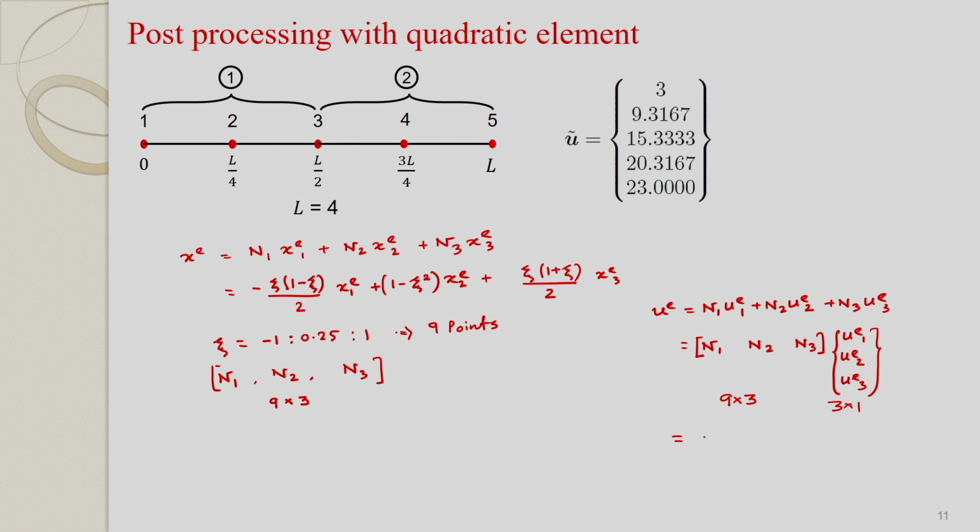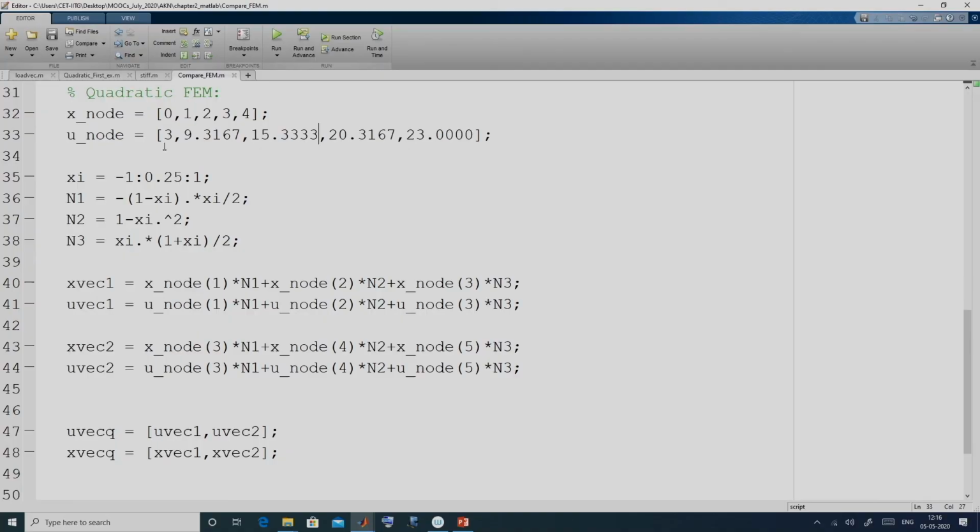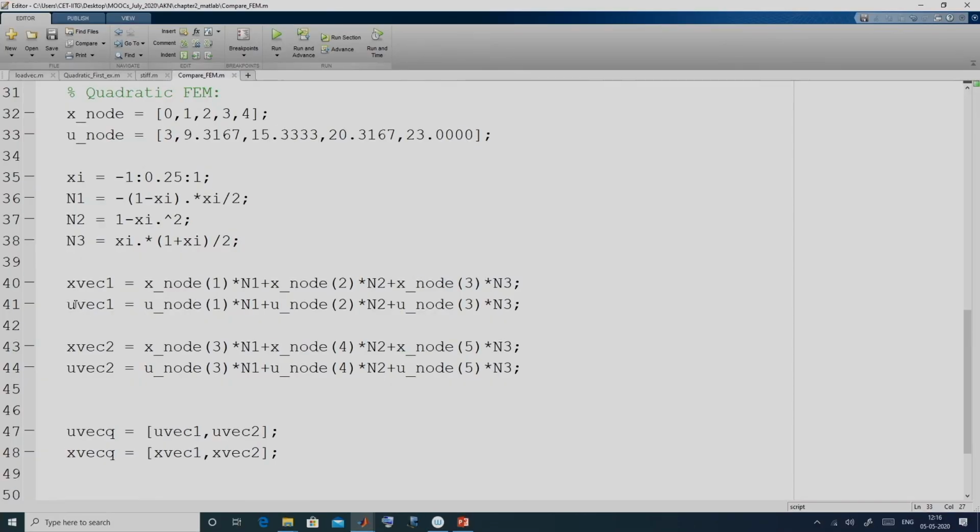If you multiply, you get ue, which is of size 9 cross 1, that is the value of u at all those 9 points. The first 3 u are the nodal values for element 1. So we get u vec 1, that is the distribution of u at those 9 points